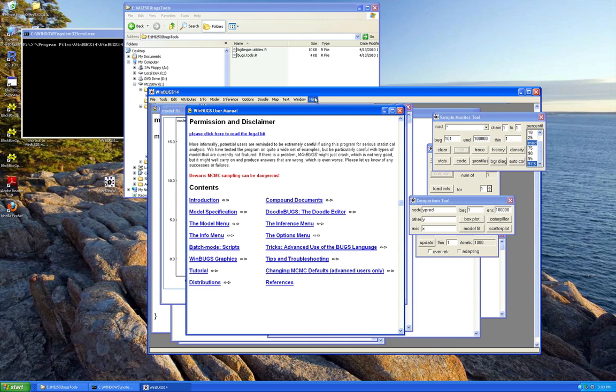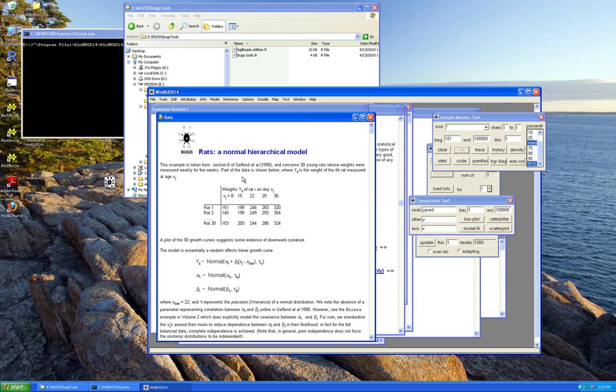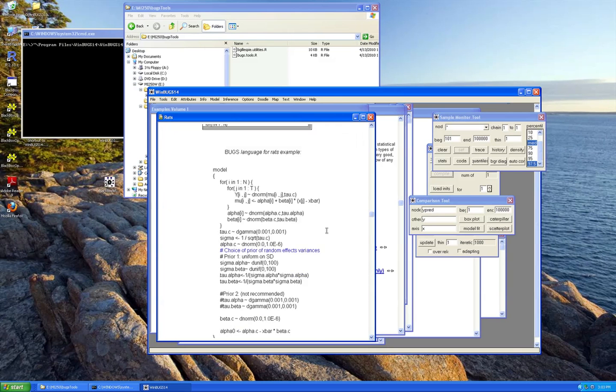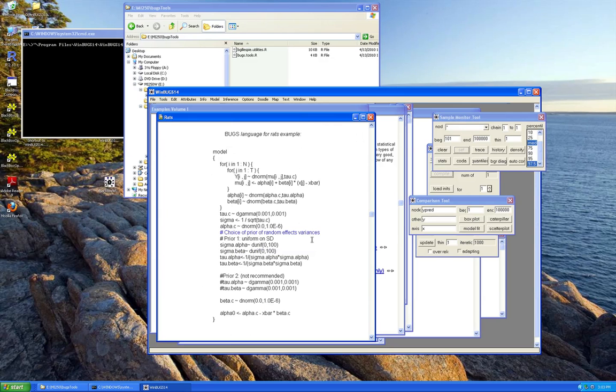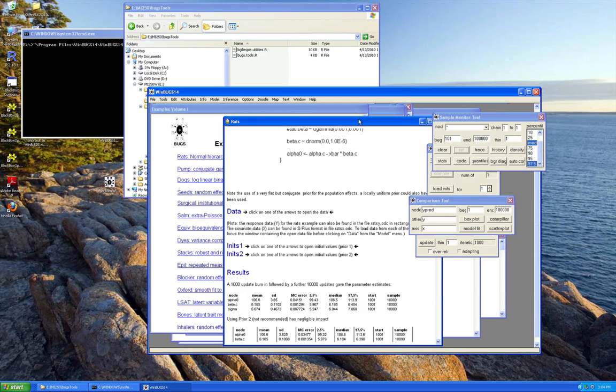The other thing that's worth exploring is if you open it up, you'll see there's 2 volumes of examples here, example volume 1 and 2. I'll just quickly open these up. You'll see there's a list of several examples. When you open one of those up, it sort of describes the example, gives you a graphical representation of the model. It shows you the BUGS model in text mode, data and everything's in there, and you can actually run the models right from within these files to get some experience working with it. So those are definitely worthwhile, and I'd encourage you to take a look at that, at least before our next lab